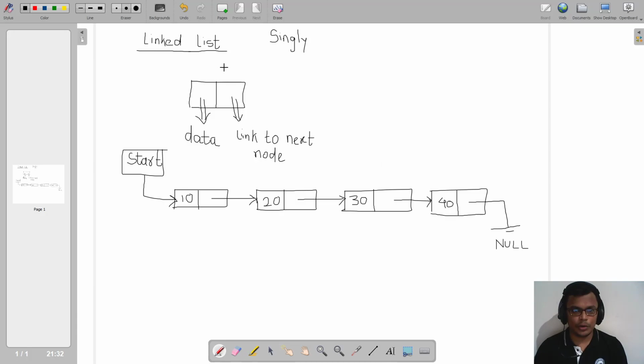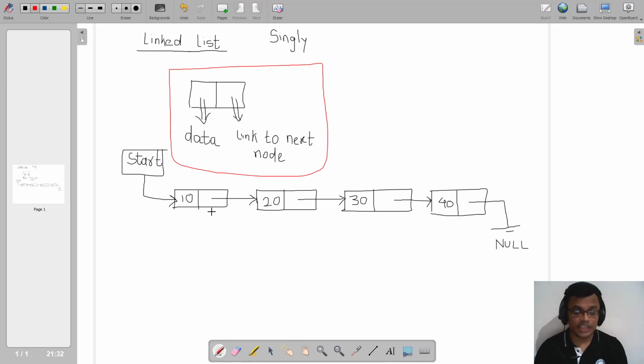Now, what I need to do is represent this node in my C. Okay. My requirement is I want to represent this node in C, right? So, what is a node? Let us understand. What are the components of a node? There are two components of a node. The first component is data, right? We have considered numeric data, so int data we can say.